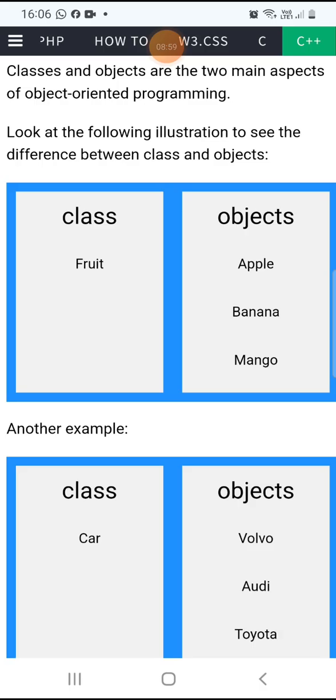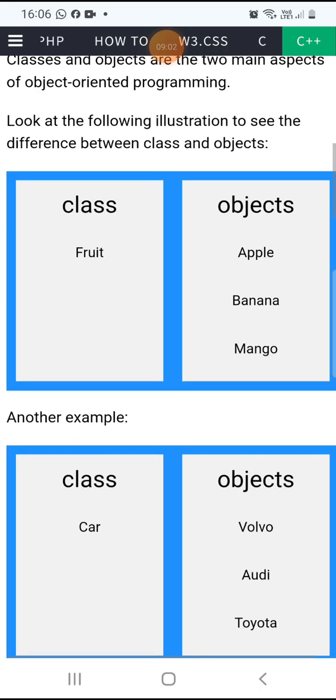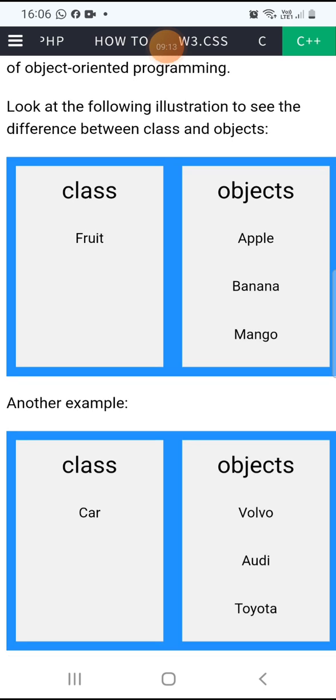So both are real time objects of the student class. So a class may have so many objects. If fruit is a class, it has so many objects: papaya, grapes, pineapple, banana. A student class may have 50 students, 60 students. All these 60 students are called the objects of that class student.